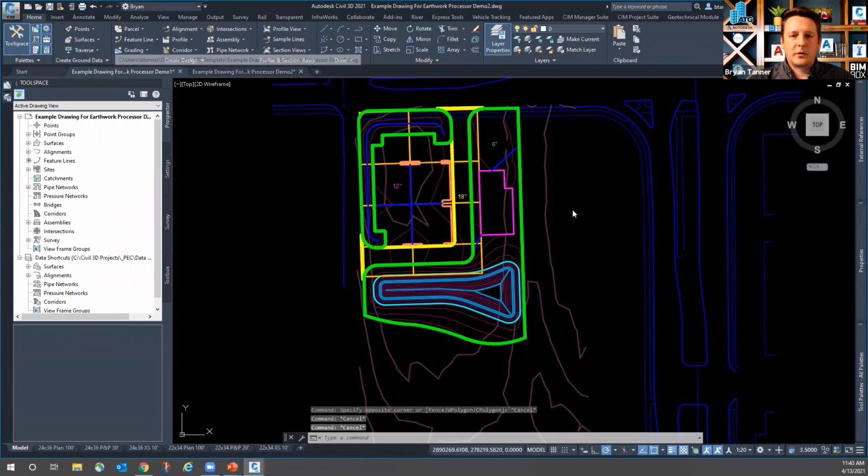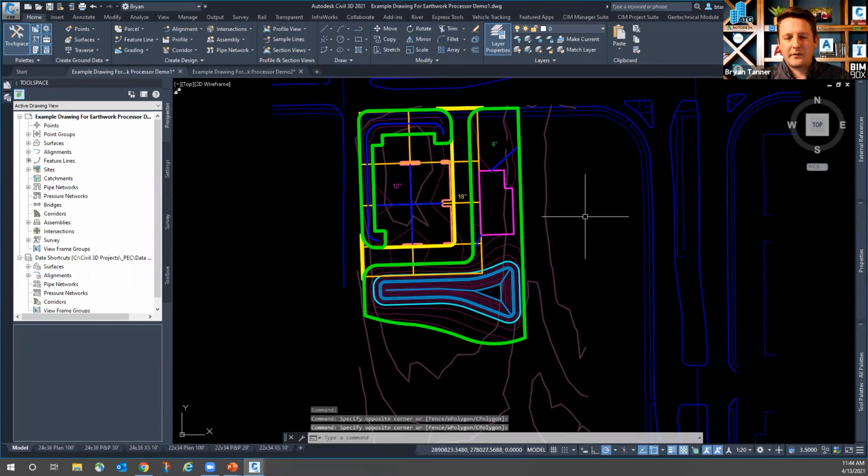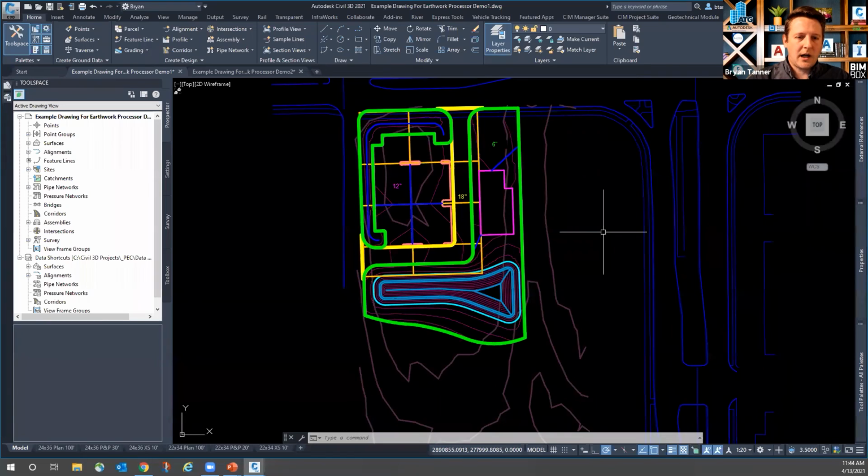And that's what we're going to be working off of today: we have a finished grade that represents our proposed design. The grading groups are already developed in this drawing. It's presumed that whenever you're ready to develop your subgrade depths, you already have a design surface. Even if it's not a finished design surface, you have something to base it off of. So we can create our subgrade surfaces, whether through a traditional out-of-the-box way or an advanced third-party workflow way, at any point in time in your design process, just as long as we have a proposed surface to start to